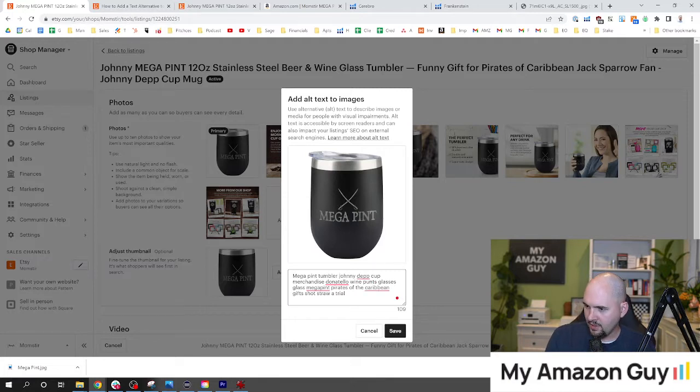So Megapint Tumbler for Johnny Depp fans. Cup merchandise. I don't know who Donatello or what reference that is, so I'm just going to cut that. Cup merchandise. Wine glasses. It's probably a typo. Glass Megapint Pirates of the Caribbean. Gifts. Shot straw trial. So we don't have straws, so